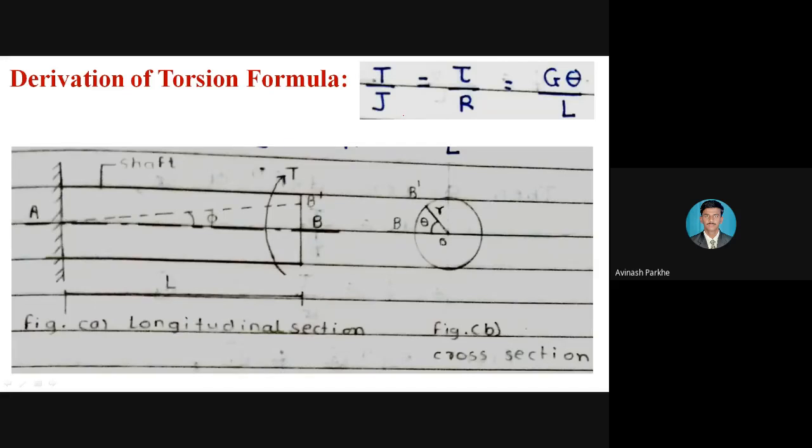So, good morning all. In the last lecture we started the chapter, that is torsion of the circular shaft. In the previous lecture we studied how the shaft is subjected to torsion. Then the definition of torsion we discussed: if the shaft is under torsion, how it is subjected to the twisting moment, and due to that twisting moment, how the shear stress and the shear strain are induced in that particular shaft. So that part we discussed in the last lecture.